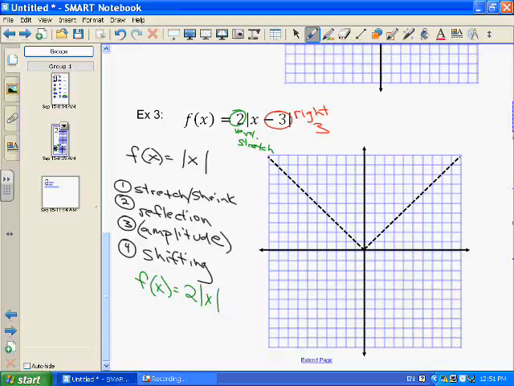A 1. That's why it's at 1, 1. If I plug a 1 into my new one, what do I get out? 2. If I plug the 3 into the original, what did I get out? 3. If I plug a 3 into my new one, what do I get out? 6. If I plug 5 into the original, what did I get out? But now if I plug a 5 into my new one,